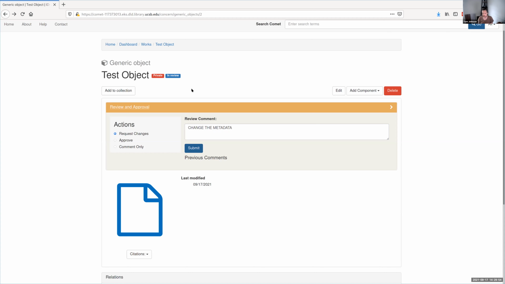When I click submit, we should see that action take place, which means that the object will move to a different state in the workflow,